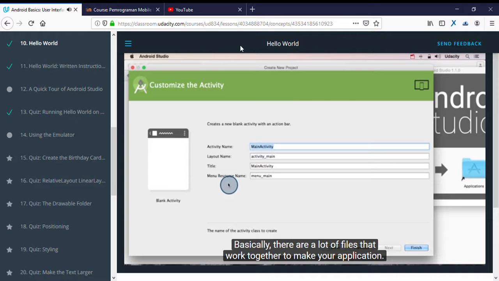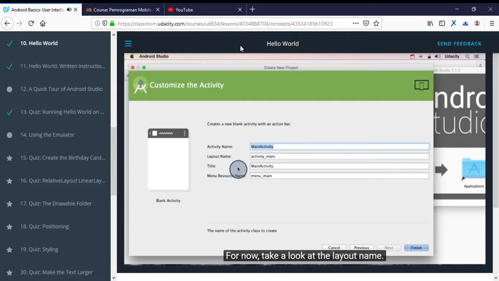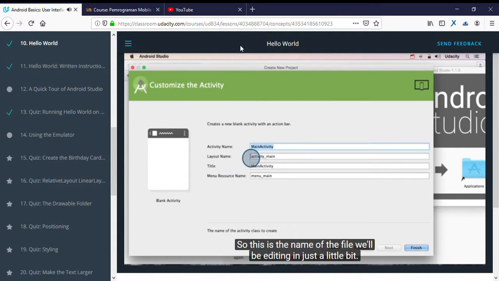app. Basically, there are a lot of files that work together to make your application. We'll talk about this all soon. For now, take a look at the layout name. You've been working on XML layout files, so this is the name of the file we'll be editing in just a little bit. I'm actually not going to change any of these defaults, so you can go ahead and click